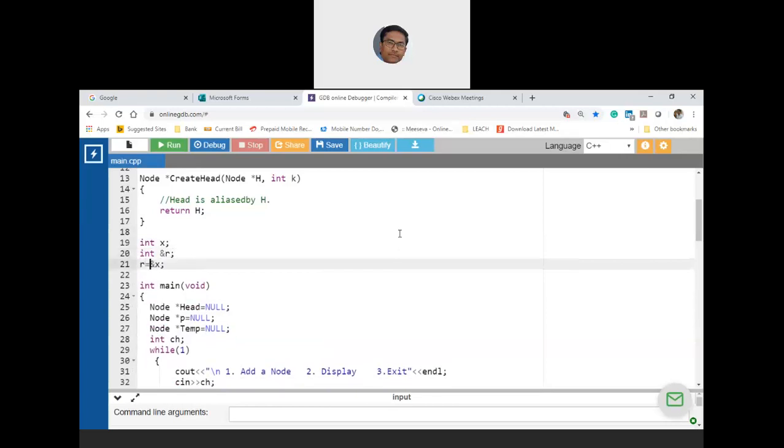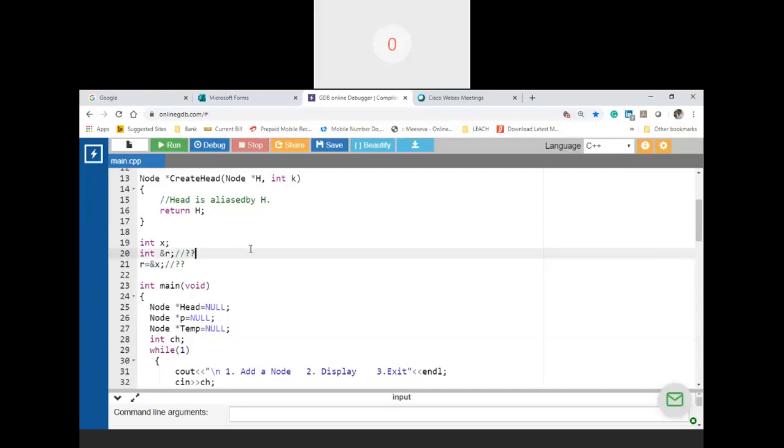Yes or no? Observe line number 19, 20, and 21. Any problem? No. Why? R should be a pointer. R is not a pointer.